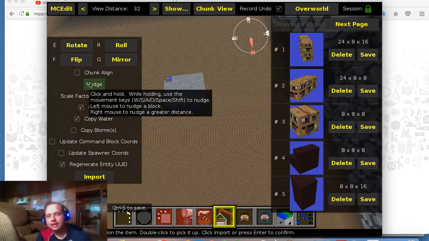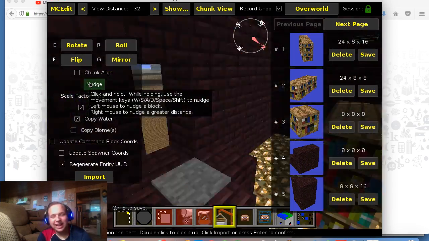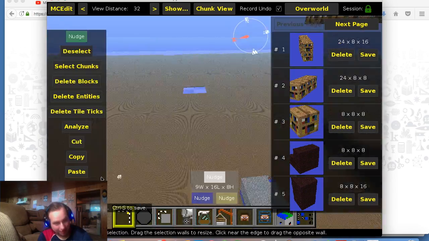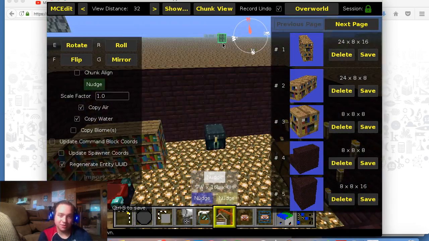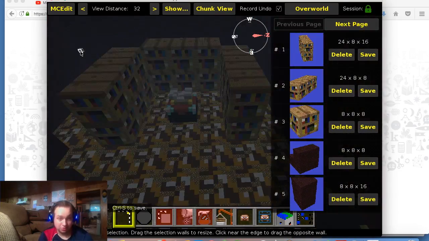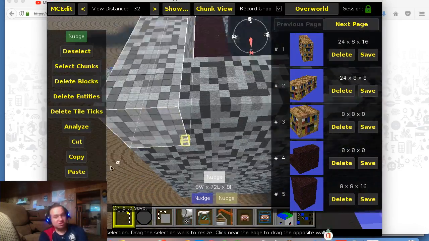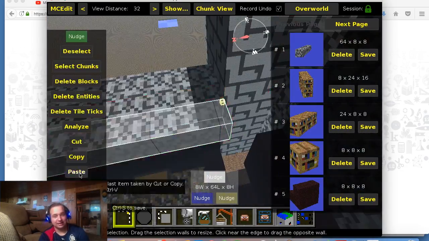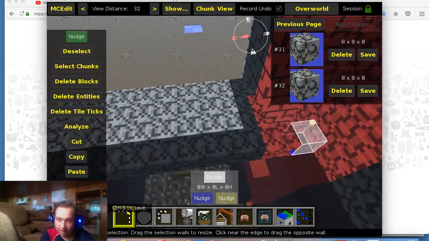As a build. Here, I put the pressure plate there, but didn't save it. So that got deleted, and I ended up just building it in regular Minecraft. The stupid ender chest as well, right? Those were the two things that just ended up not looking good at all because they didn't have colors that looked good.